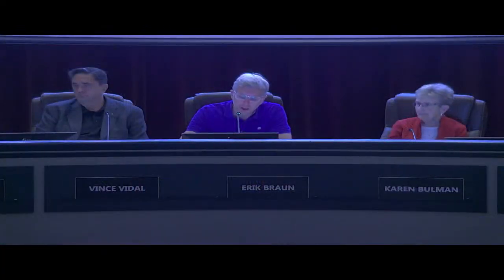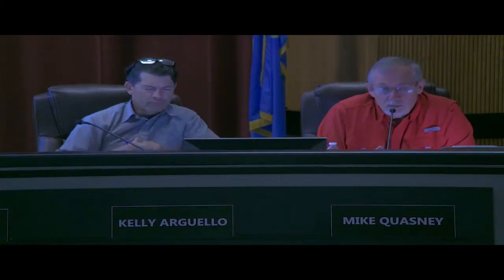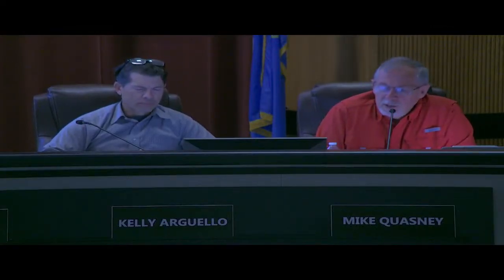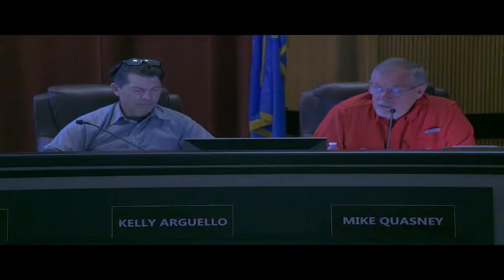Thank you. Mike Quasney? Thank you, Mr. Chair. Couple things that I see here. There was concern they have security. They've cut into the chain link fence to get in there. I'm assuming they're getting stuff as they want or doing whatever. I guess when you put a wall up like this, you're just not going to be able to see. I could see where they might climb over the top of these Connex and might create an area where now you can't see what's going on and creates other problems. That would be my concern. I think that it will definitely clean up the area,